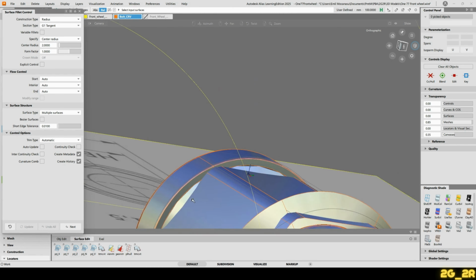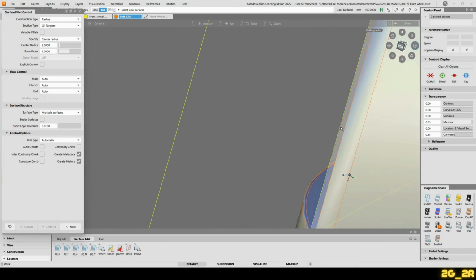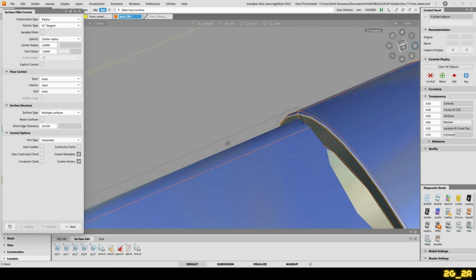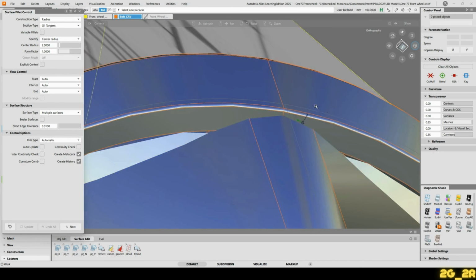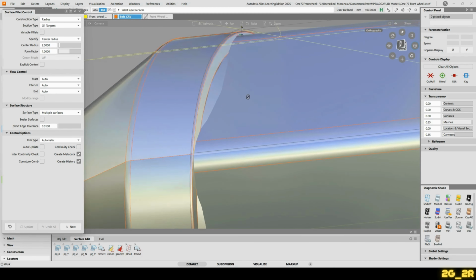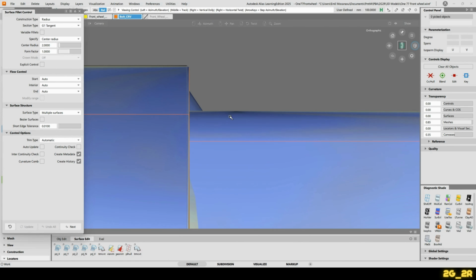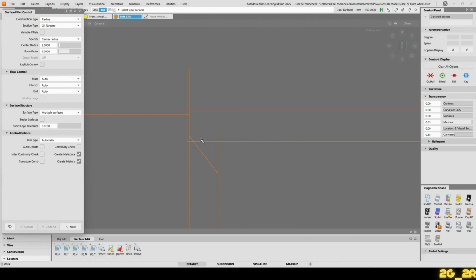So now that's done. The reason why I've done it is to have an intersection between this volume and the lower volume there. And what I want to do now is to adjust this surface